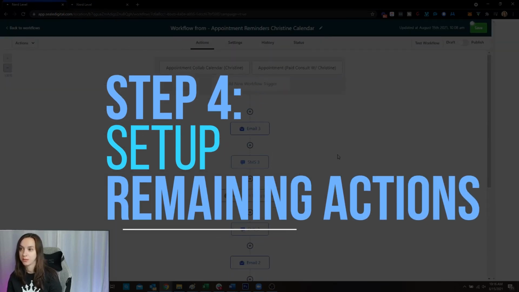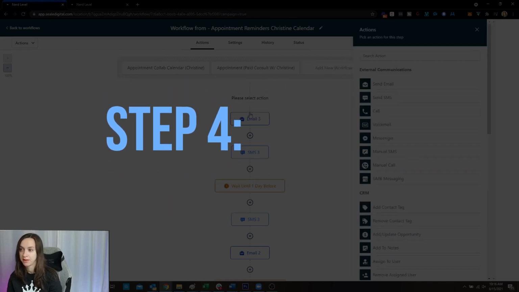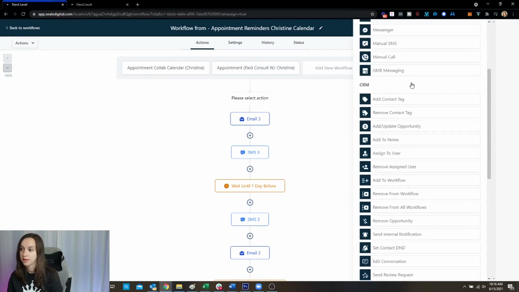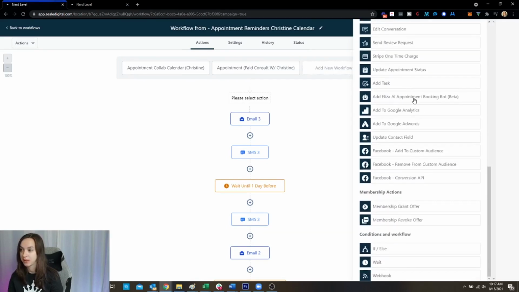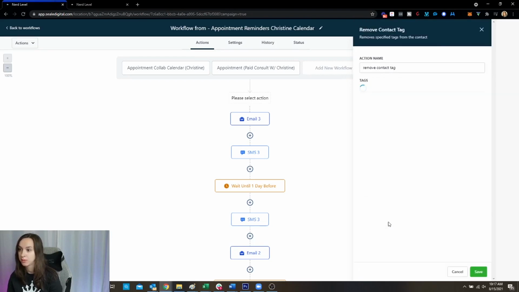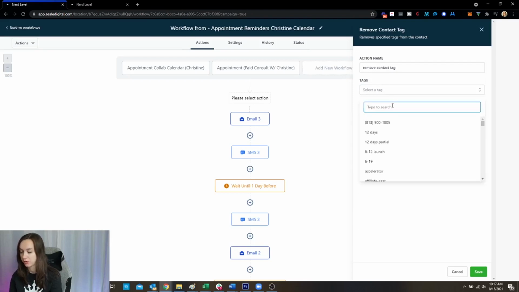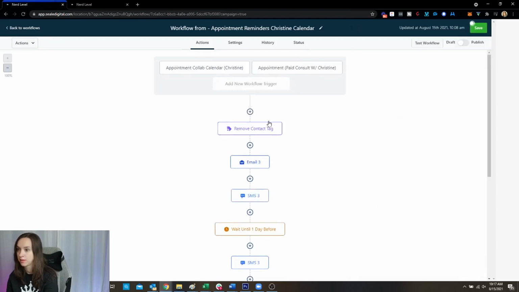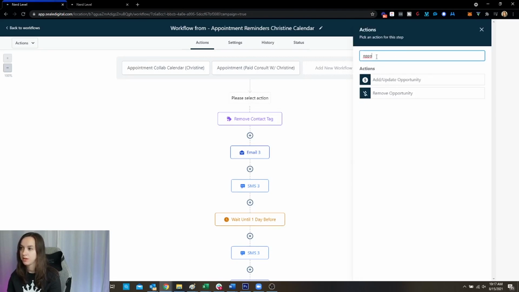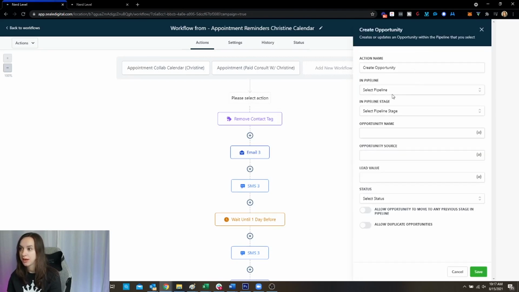So what you're going to do is when they book an appointment, you can actually add actions up here. And again, the possibilities are completely endless, basically. But what we're going to do is we're going to remove the contact tag, and then I highlight no show. Maybe it was one word, like that. But then we also have opportunity. So you can just type it and then click it. Create opportunity in pipeline, right? Okay,